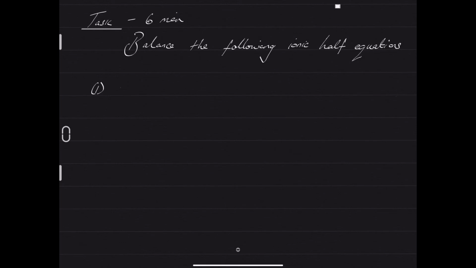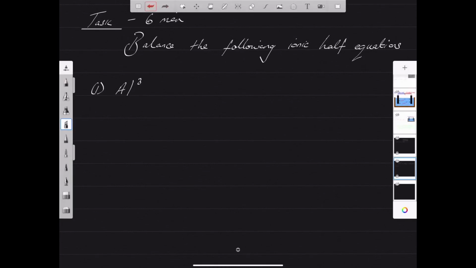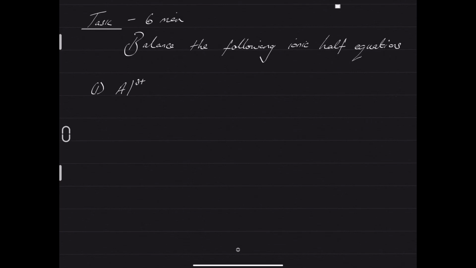So the first one, second one, third one,